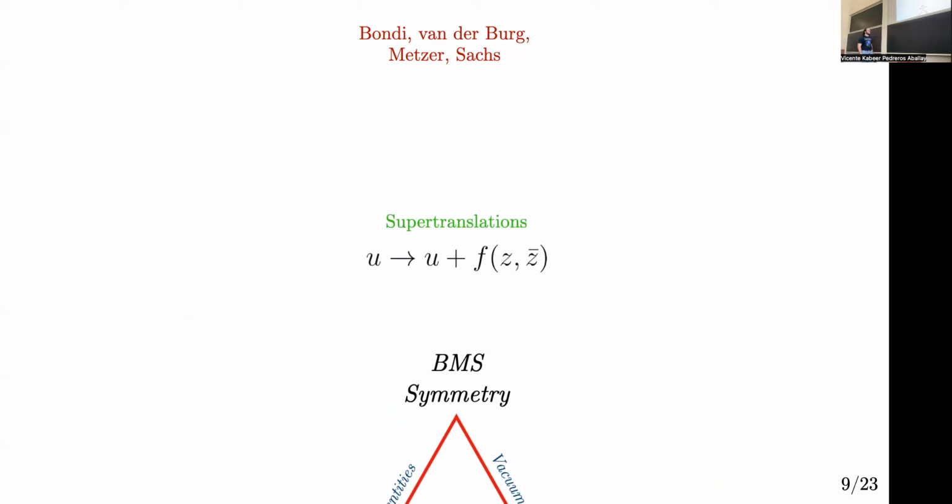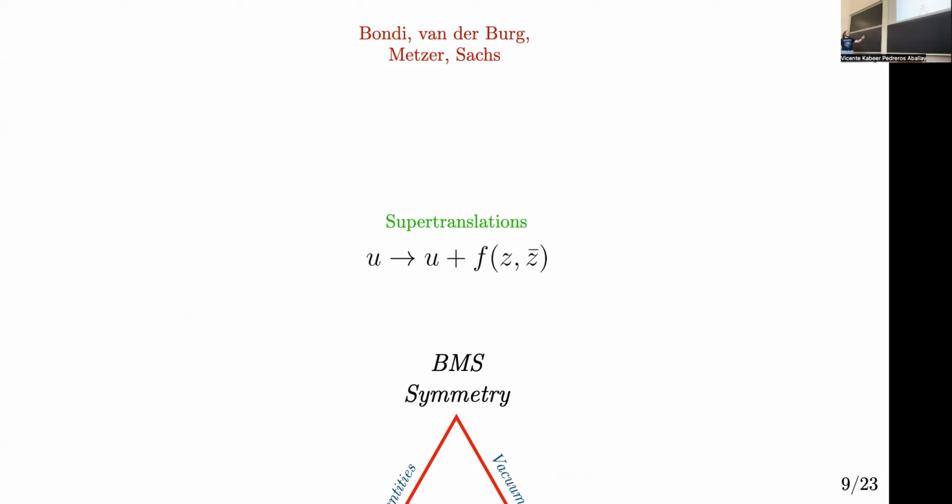Okay, so now in this top corner, we have the BMS symmetry. In the 60s, Bondi, van der Burg, Metzner, and Sachs tried to answer the question of what is the asymptotic symmetry group of asymptotically flat spaces at null infinity. They found that the naive expectation was incorrect. They were working with flat spaces, so the symmetry group is just Lorentz cross translations, right? That's just incorrect. Instead, they found an infinite enhancement of this group, which we now call the BMS group,